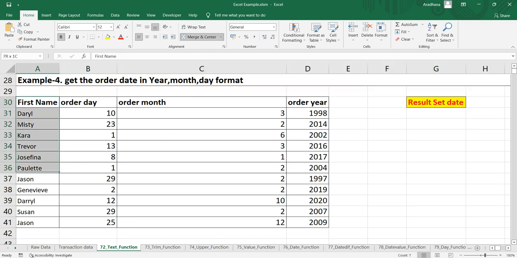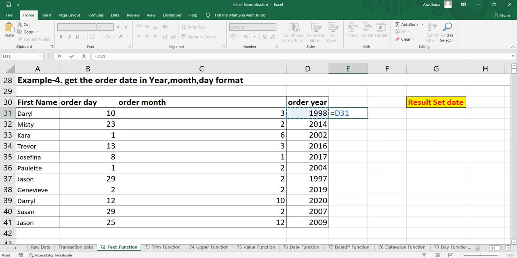So you have first name, order date, order month and order year, and the output that you have to get is something like this. You have to get this order year first, then this month, and then this day.